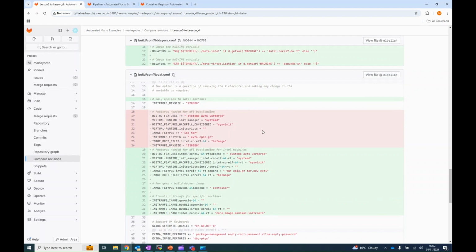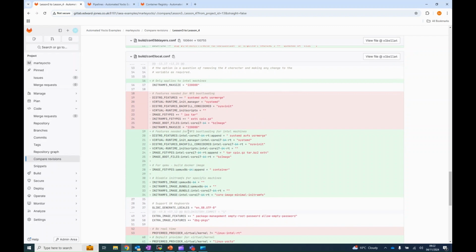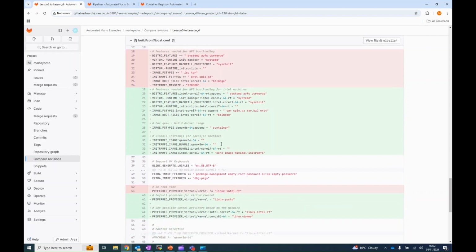Okay, so next one is the local.conf, and similarly, I can apply some of my rules based on a machine by doing this colon machine name, and then either colon append or just equals. And I have to do that for the systemd for the machine Intel, so it doesn't get into the QEMU side of things. I found, and also the image type I want for my QEMU is container, because that's what